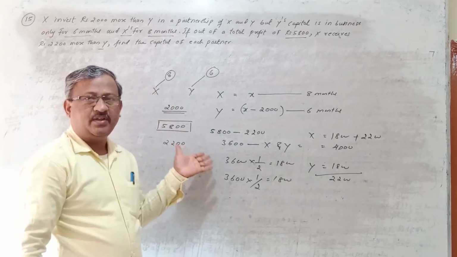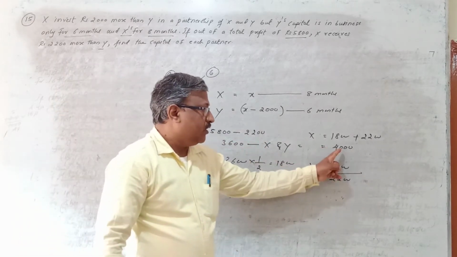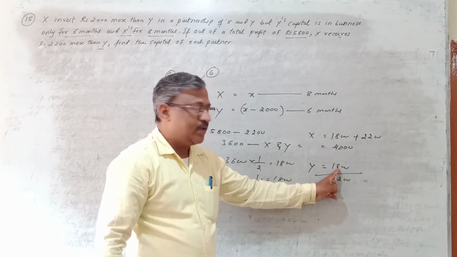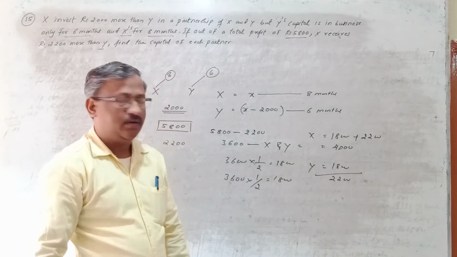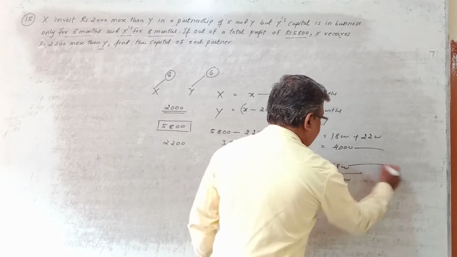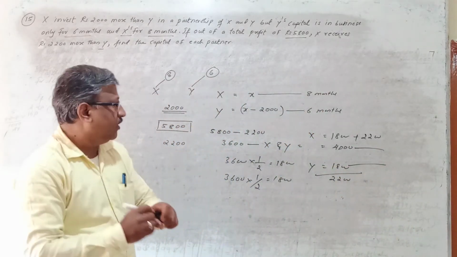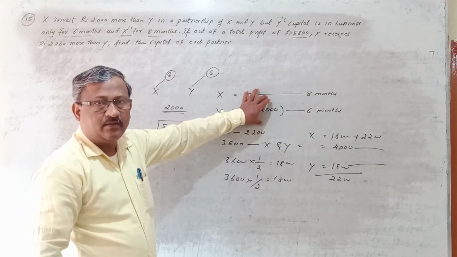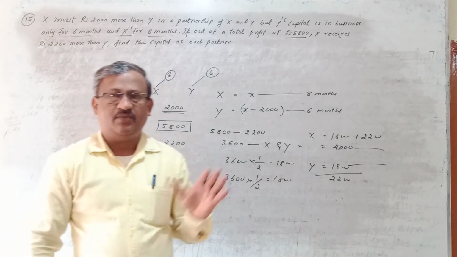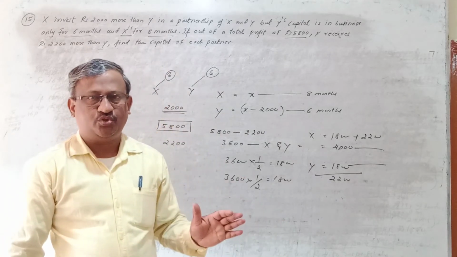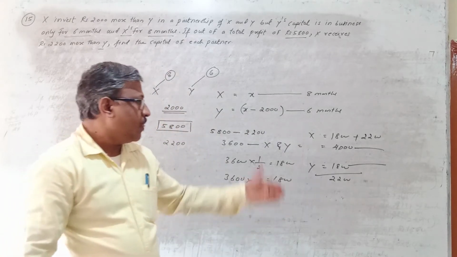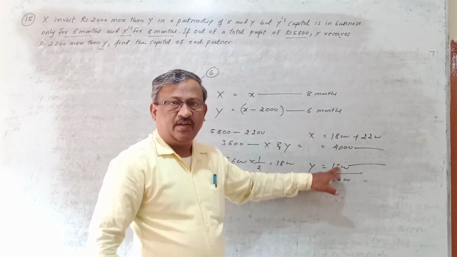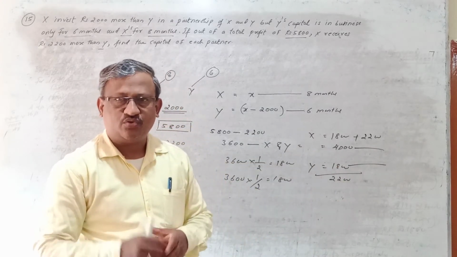Right? That is very easy. This means X has got 4,000, Y has got 1,800. So how will they get the shares? In capital proportion only, because whatever capitals are there, we take those capitals and we remove the ratio, and in the capital ratio we distribute the profit. Alright. So whatever shares they are getting here, they are getting in capital proportion only.